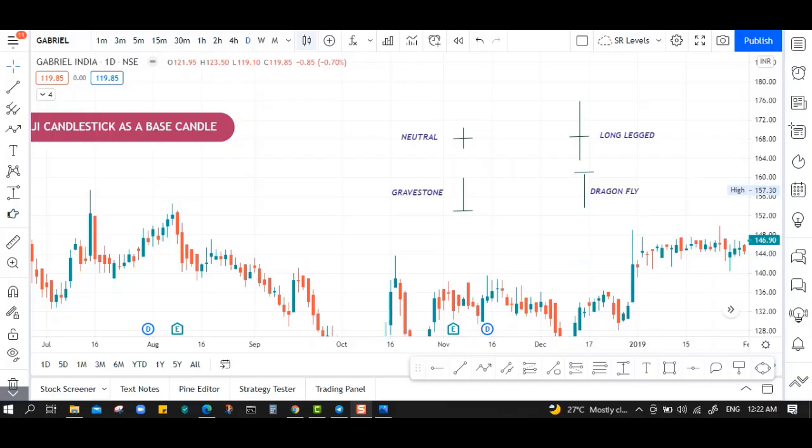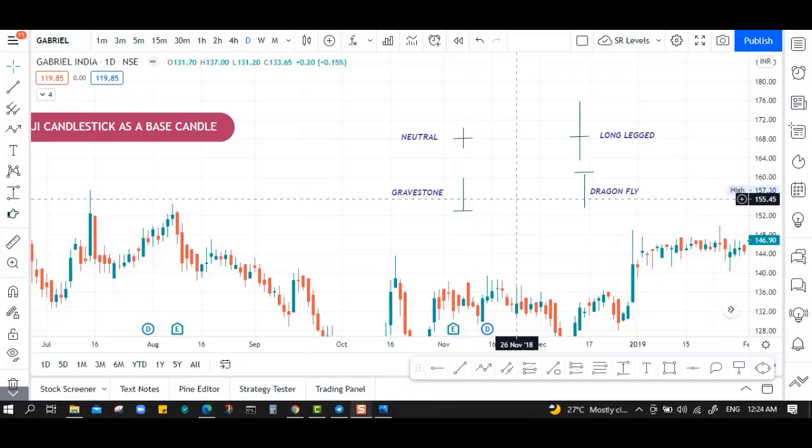Why I am mentioning these 4 types of doji is it will help you to know about all the variations of this doji candlestick pattern. And when one of these variations occurs in the market, you will not get confused because you already know that it is only one variation of the doji candlestick pattern. Let's say in the live market, if you see this gravestone doji, you can easily understand that a high selling pressure is there by seeing this kind of doji candle, right?